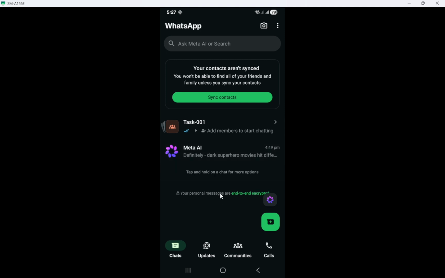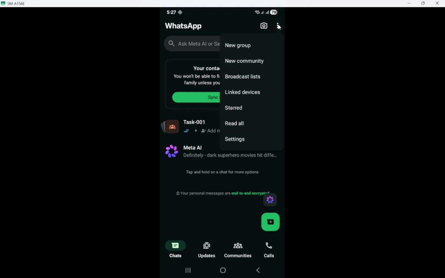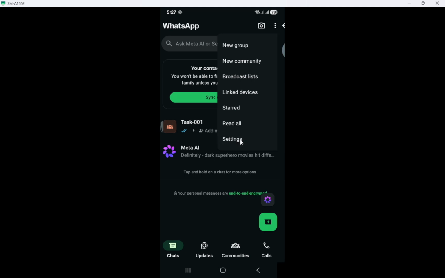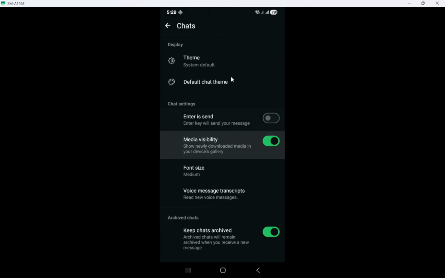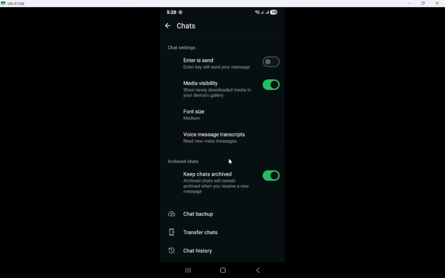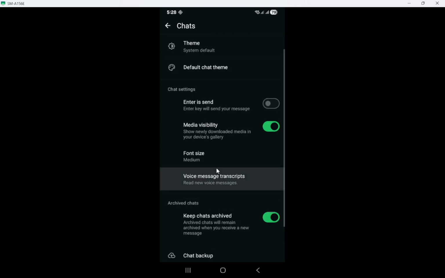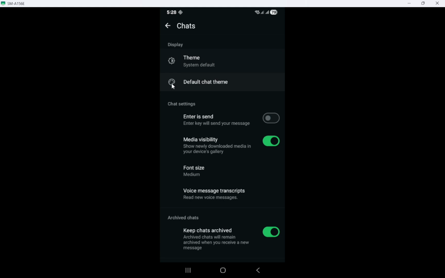First, open WhatsApp on your phone. Once you're on the main screen, tap the three dots in the top corner to open the menu, then go into Settings. Inside Settings, select Chats. This is where WhatsApp places many conversation-related options, and it's also the place where some users may find the Meta AI visibility setting. Now look for an option called Show Meta AI button. If you see that setting, tap it and turn it off. Once it's disabled, the Meta AI button should be hidden from your app. If your version includes this option, that's the official and simplest way to manage it.